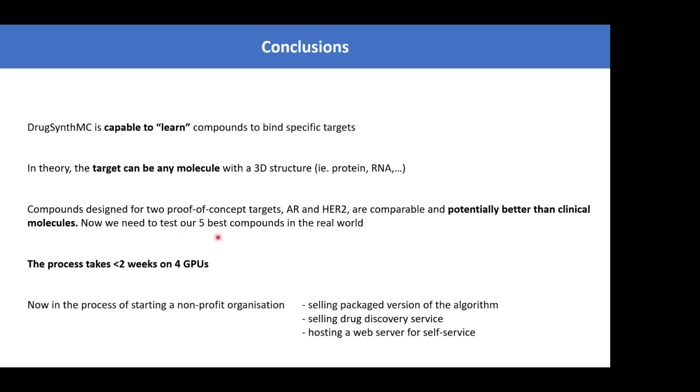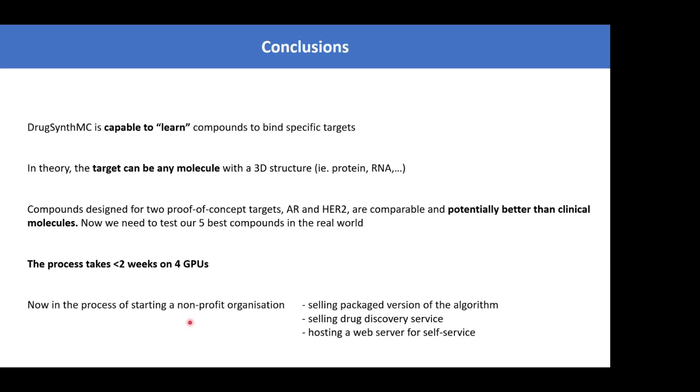And so now we're looking at testing the 5 best compounds for each target into cellular assays to see indeed how they compare with existing clinical compounds. But something that I think I should make you aware of is that the whole process only took 2 weeks per target. So within 2 weeks, we develop molecules that look like they have a profile similar to molecules that are in the clinic now. So this versus the 1.5 years it took us to get 132 molecules that did absolutely nothing.